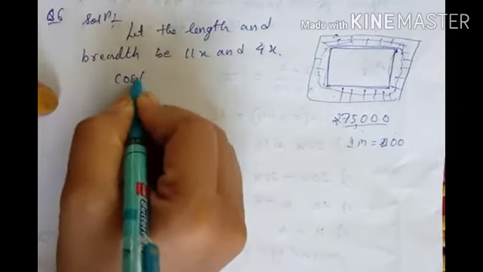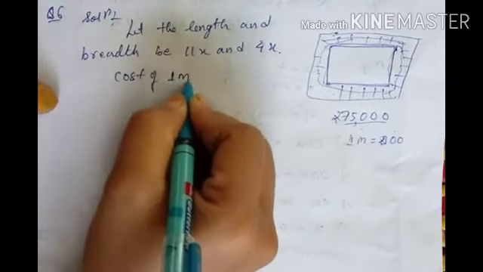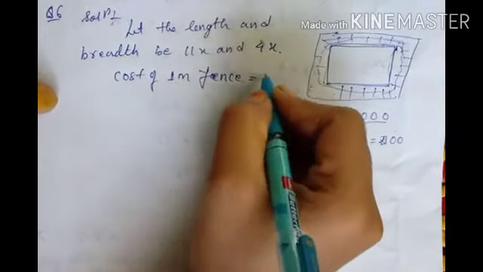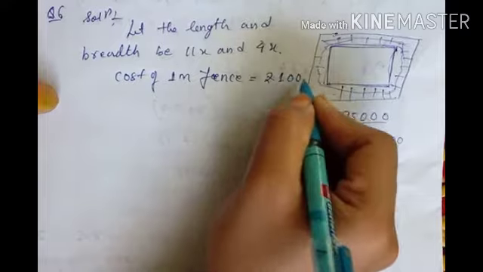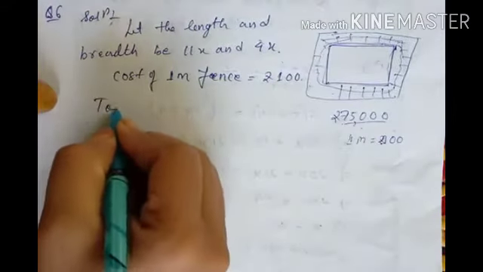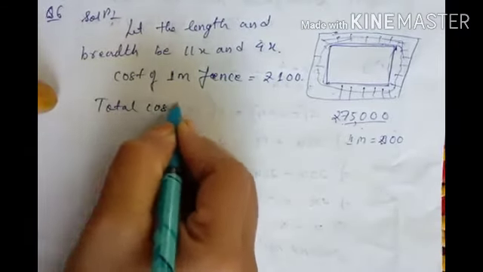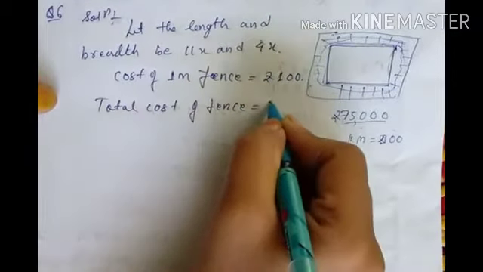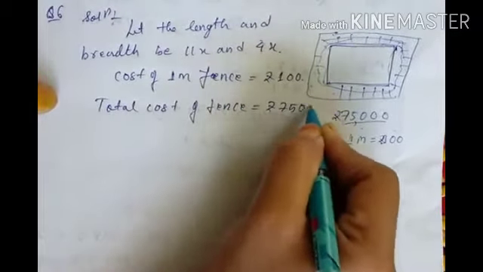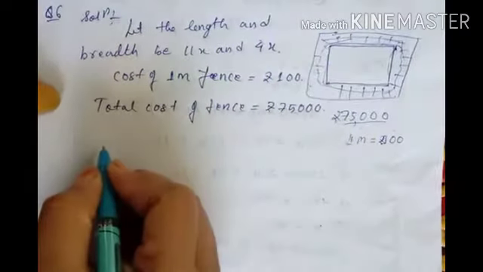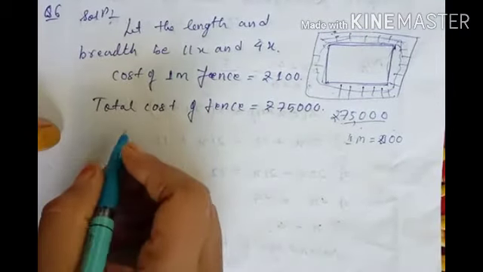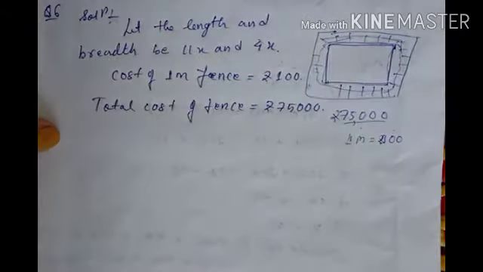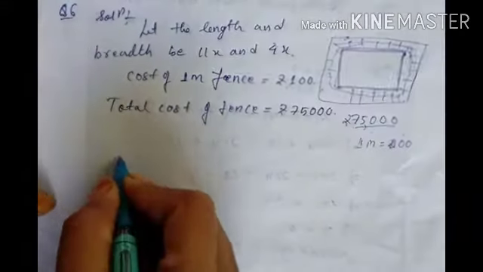Cost of 1 meter fancy fence equal to how much? Rupees 100. And total cost of fancy fence is given how much? Rupees 75,000. Now you will find perimeter. Perimeter of,